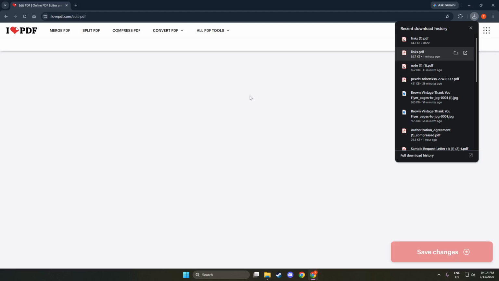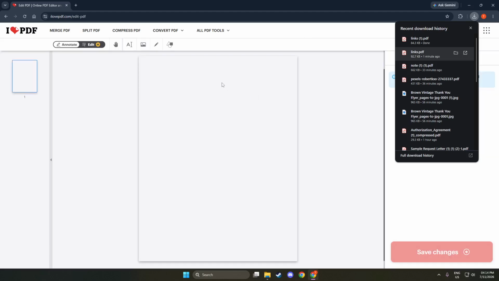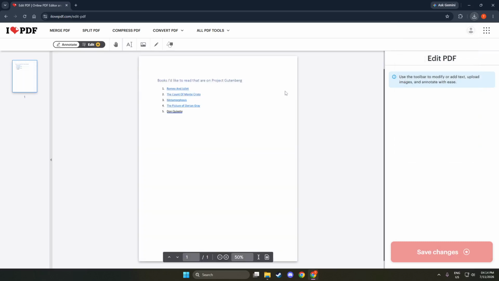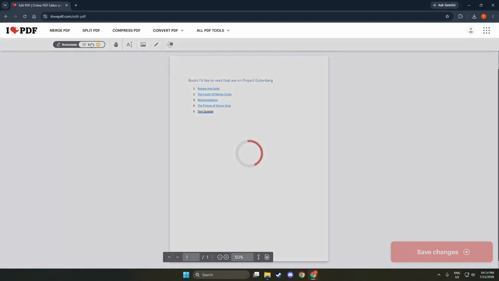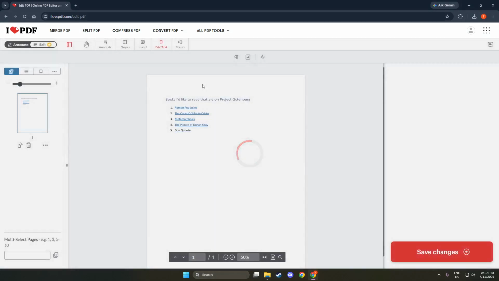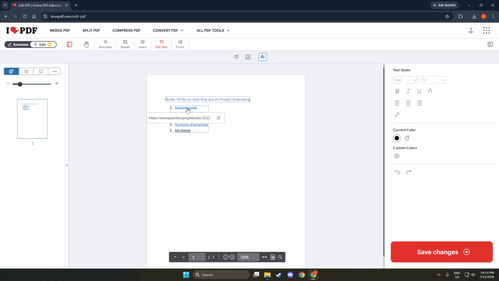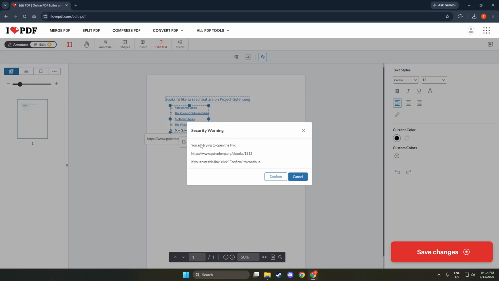Once you select this, you will notice a new interface that is focused on editing features. This clarity helps streamline your editing process. With that ready, the next step is to upload your PDF file. You will see a button labeled Select PDF File or Upload PDF. Click on it and a file dialog will appear, allowing you to browse through your computer's files.